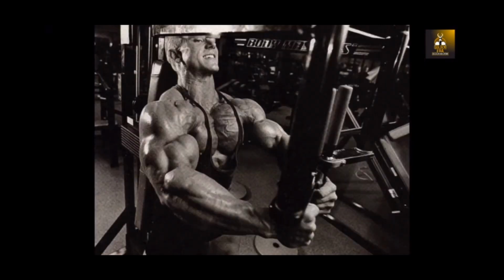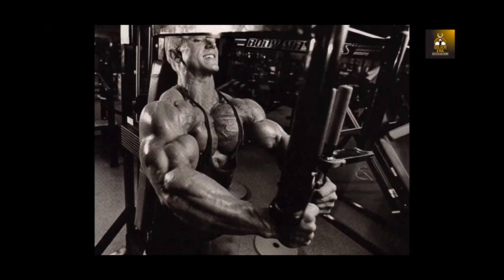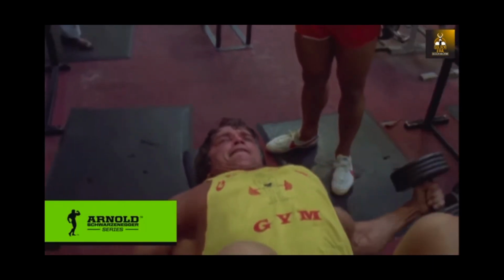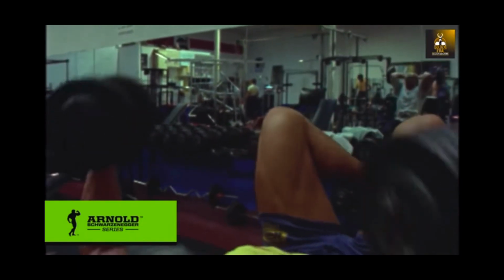Even so, because it is a machine, it doesn't let you get under the weight, so to speak, as you are sitting in a fixed position in a machine and you can't use your utmost strength in this movement. You're basically locked in a specific groove that is determined by the machine. On top of that, both the dumbbell fly and the pec deck can be dangerous when approaching maximum poundage, in that the extreme range of motion places the shoulder joint, pectoral and biceps tendon under extreme tension at their weakest